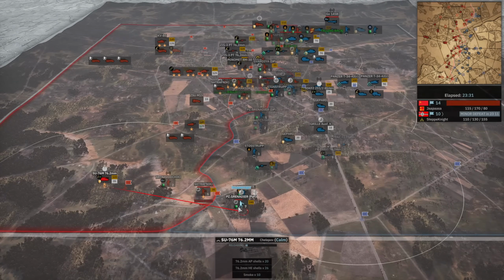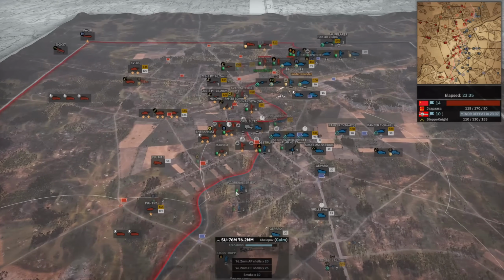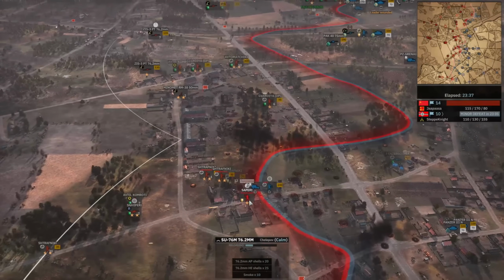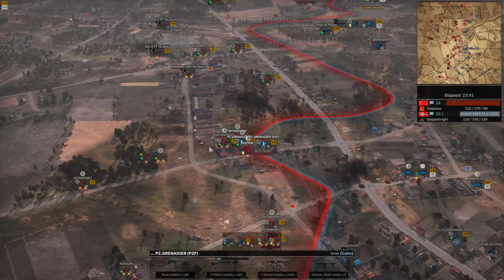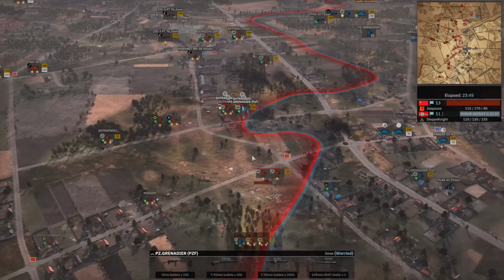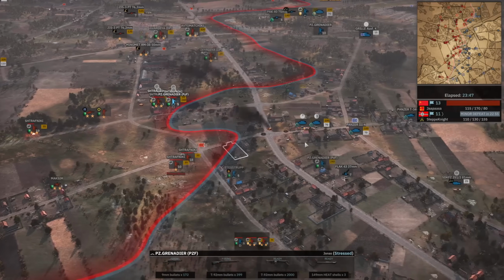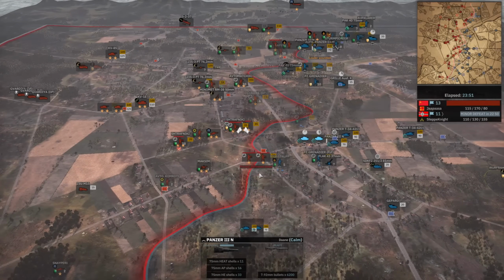SU-76 is going after the Panzergren. Won't change much here though. Oh, but the Panzergrens here have been pushed forward a little bit too aggressively. The blob of Strafniki and Saperi are absolutely dominating those. The Strafniki are trying to push forward, but now we have the Panzer 3Ns that have arrived and are...